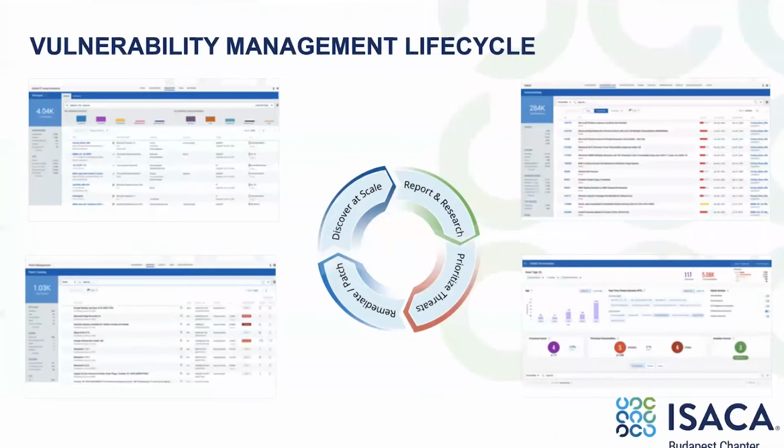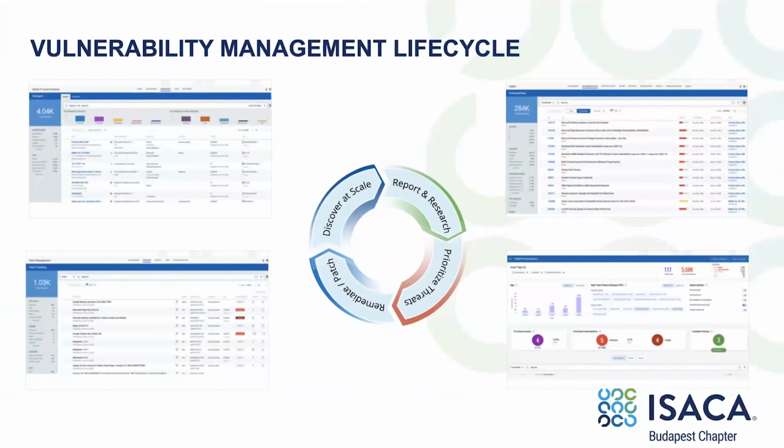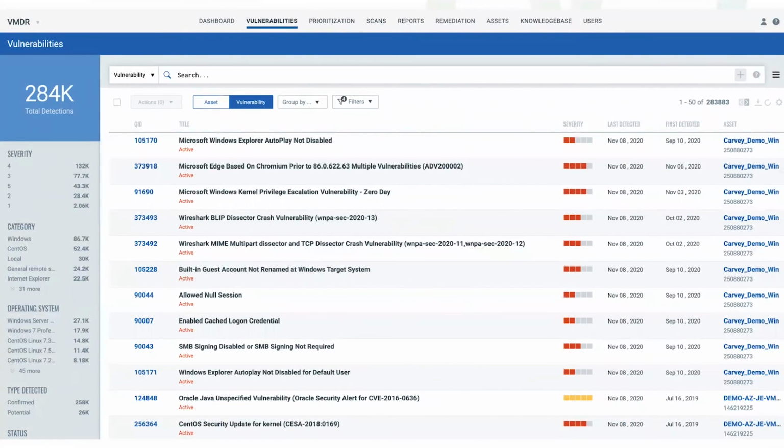For the assessment and reporting phase, we collect all the vulnerabilities, but this is already for all the assets that were gathered, so this is specific to your environment. Vulnerabilities are classified by potential and confirmed type, categorized by severity with a description of the threat, and of course the solution, how to proceed. Verification of exploitability and correlation to patch, of course, as I mentioned before, if the patch exists.